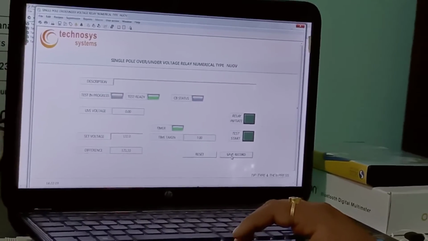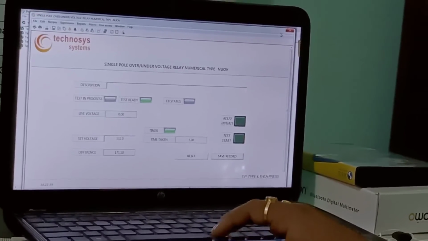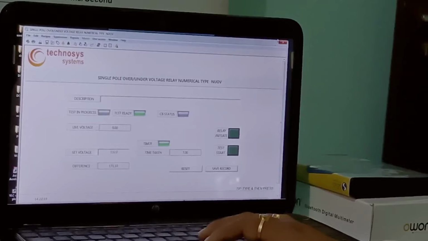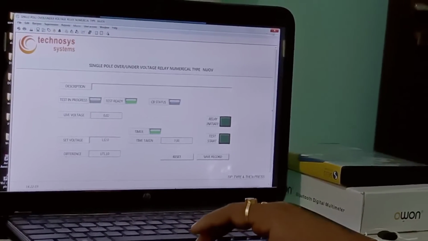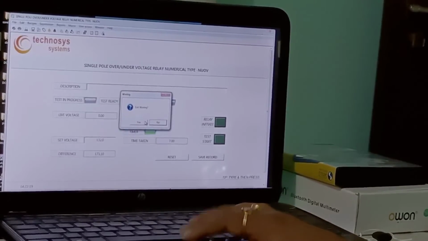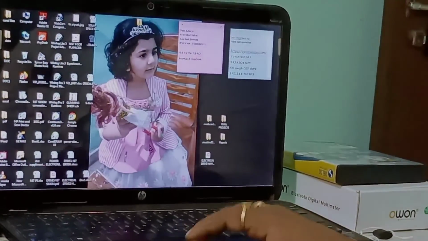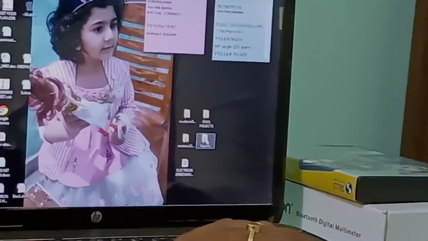So these records you will find in a folder on the desktop with the name reports, here with date. Today the date is 16, so the report is dated accordingly.